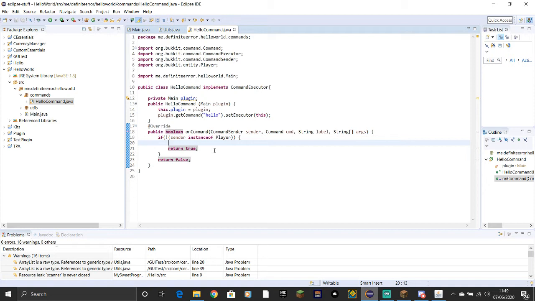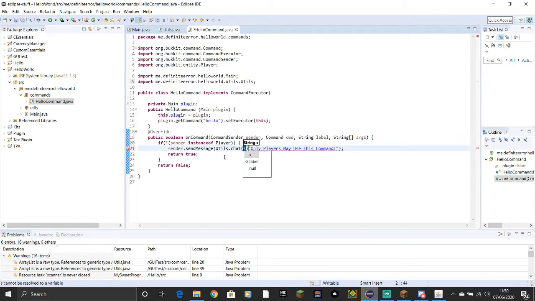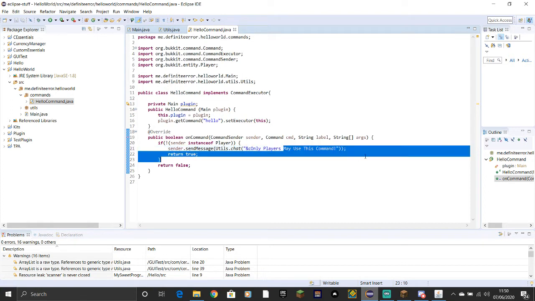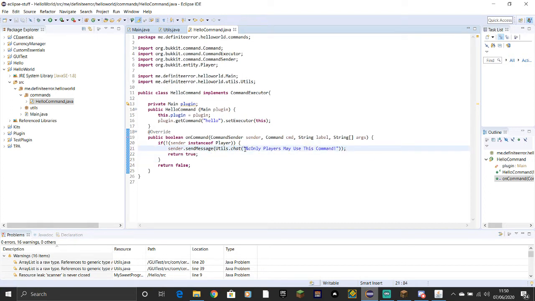So if the sender is not a player, we're going to do sender.sendMessage. Now you could do basically anything here. You could do sender.sendMessage, only players may use this command. You could do something simple like that. Or you can also use the utils that we made earlier, utils.chat, and put all of this in there instead, and you can put and C to make it red. Only players may use this command. Or because we're going to use a config, we can make this a whole ton better. So we're still going to use utils.chat, so we're going to let them use color codes in config, but then we're going to do